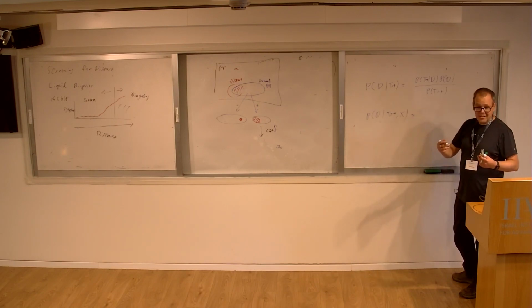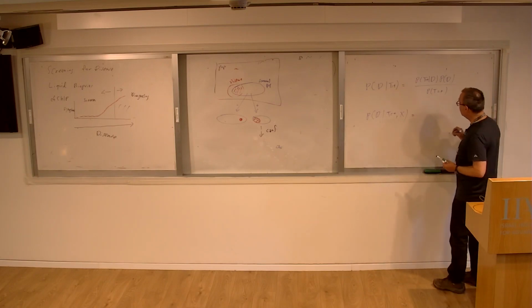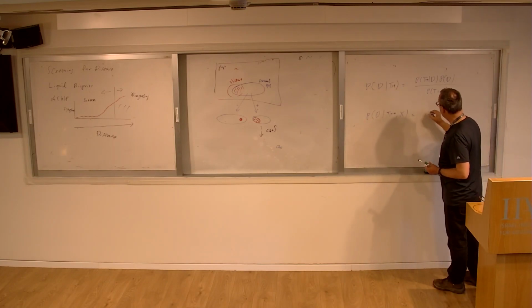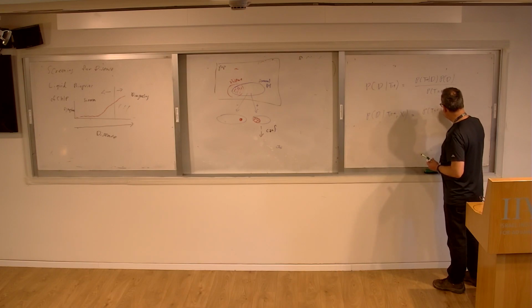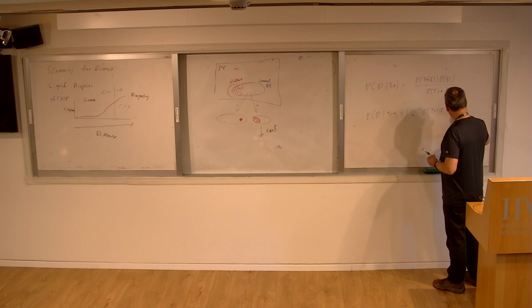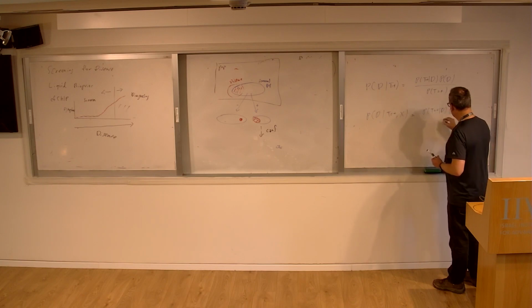But the probability of the disease might change, so we care about the probability of the test being positive given the disease, and your prior about the disease given X,